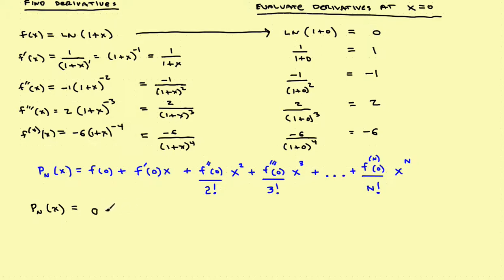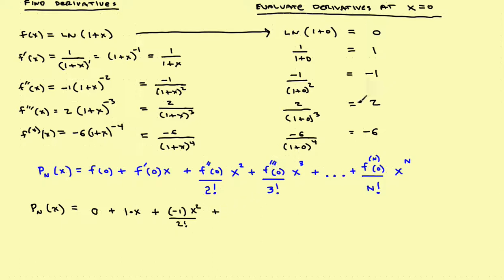So that's going to be a 0. Then I've got plus. Now I need f prime at 0 is a 1 times x. So that'll be 1 times x. Then plus f, the second derivative evaluated at 0, which would be a negative 1. So that's going to be a negative 1 times x squared divided by 2 factorial. Then plus,